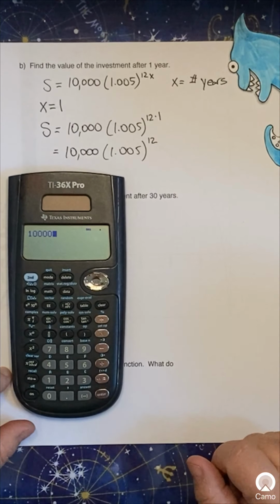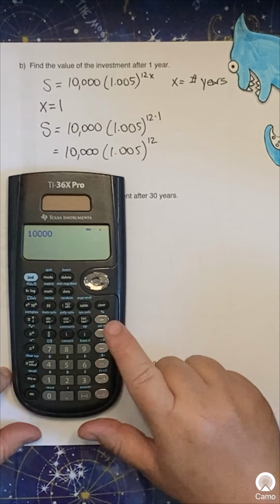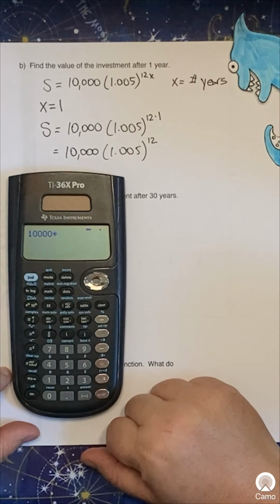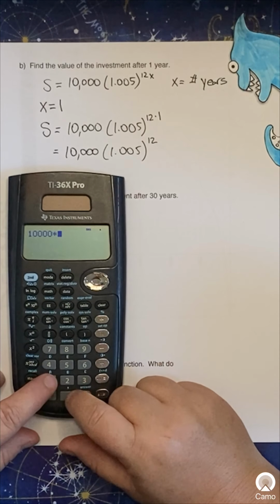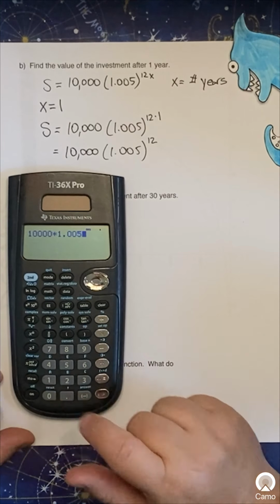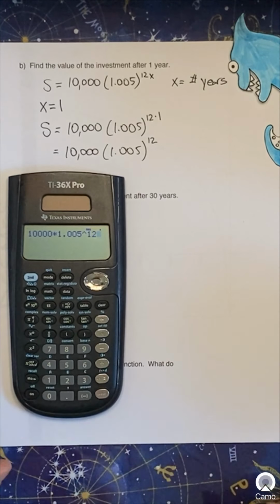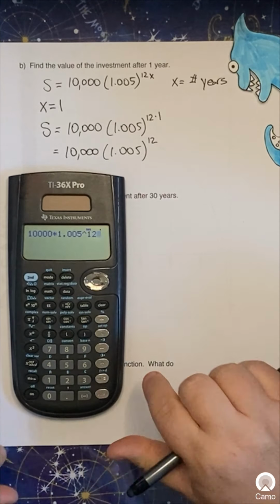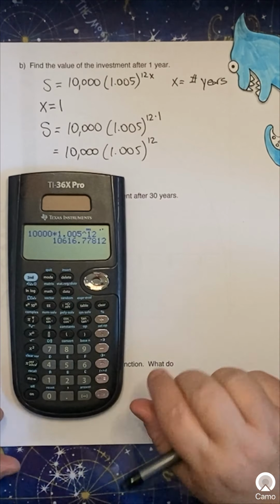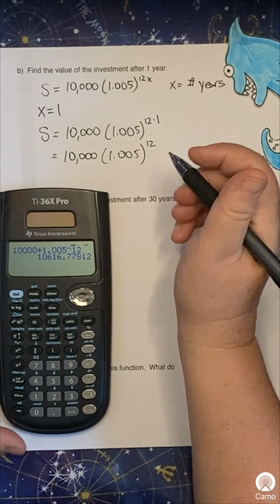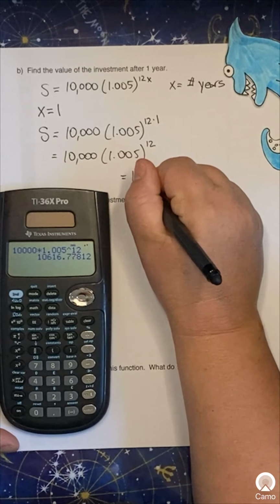Sorry, I meant delete, not clear. If you don't have parentheses, then you'll want to do a multiplication here. And then 1.005, and then I'm going to write my exponent right there, 12. Now, the great thing about the calculator is it will know the order of operations. It will know that the exponent comes first. And we get a grand total of